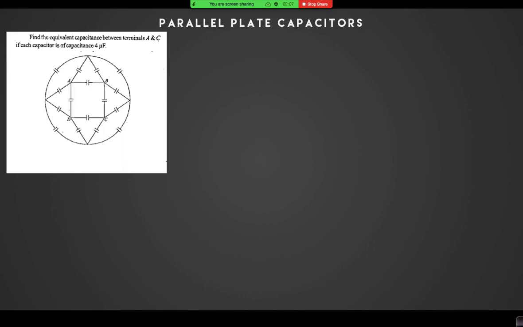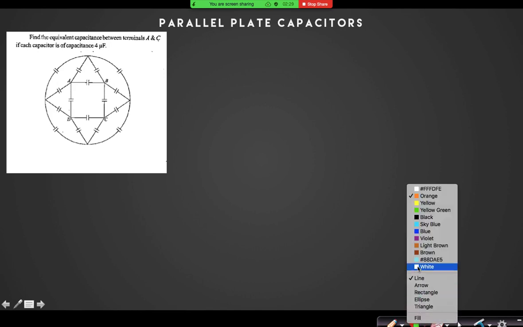I've given this as your homework. So that can be easily solved. Can you see any symmetric circuit here? Sir, is the answer 7 microfarad? Yes, good. The answer is 7 microfarad.